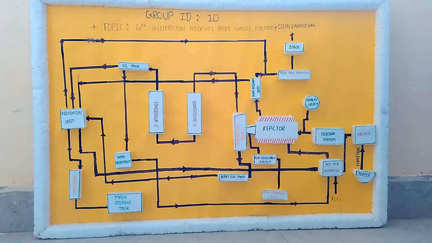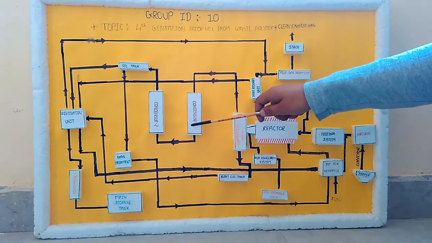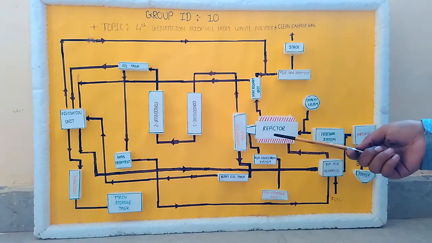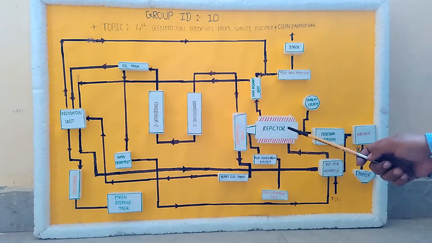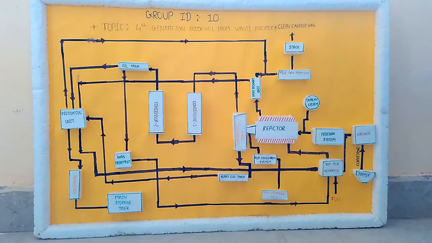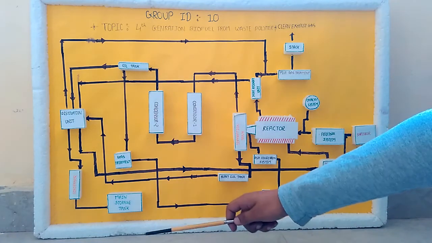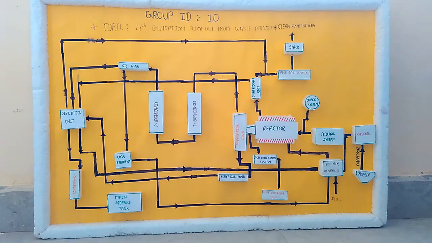At the end, we collect liquid fuel. From this condenser, the vapor of the waste plastic in which the decomposition reaction has occurred is condensed and the oil is collected in the main storage tank. Between 100 degrees Celsius and 250 degrees Celsius, around 20 to 30% of the fuel is collected, and then when raised to 325 degrees Celsius, the next 40% is collected, and finally when held at 400 degrees Celsius, the yield is fully completed.